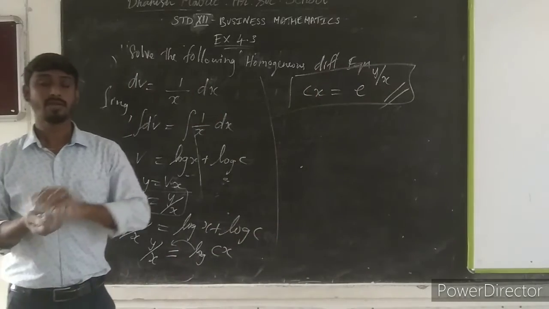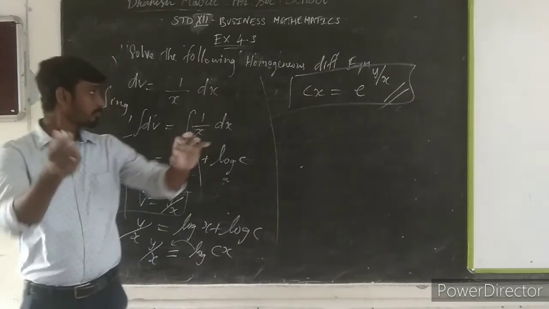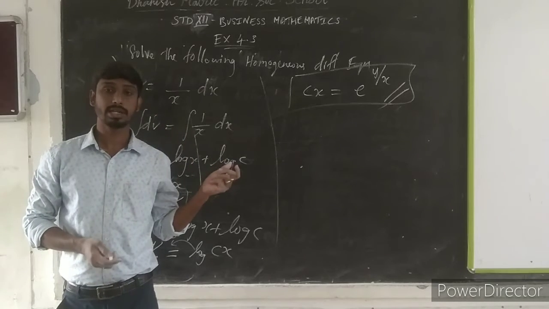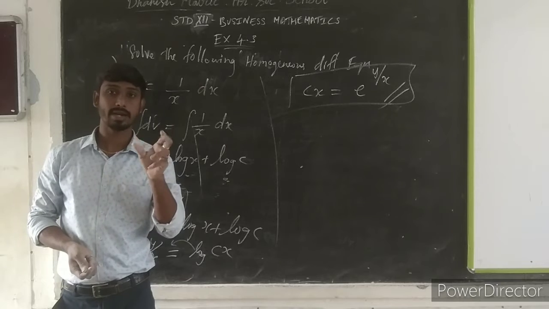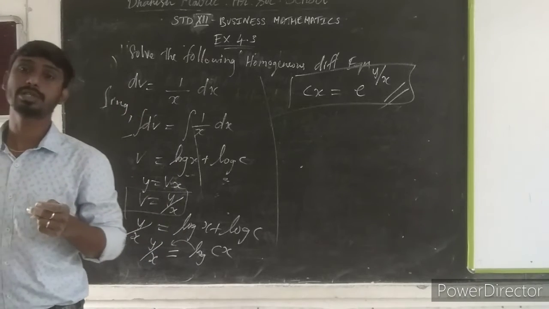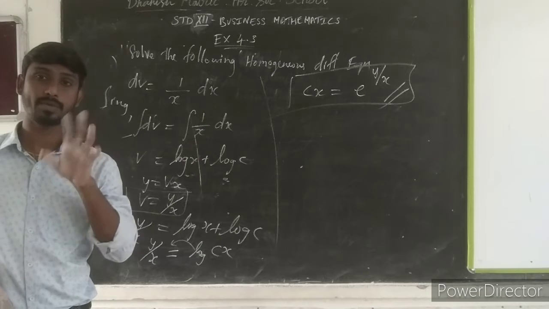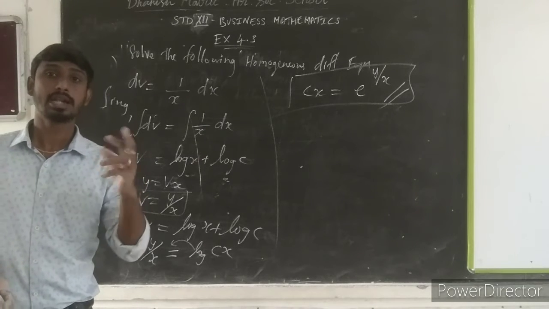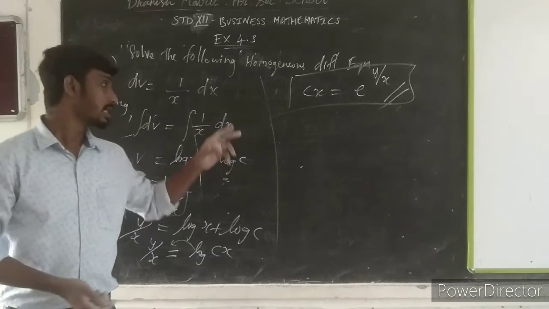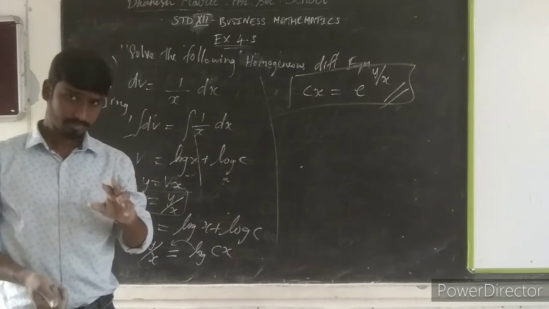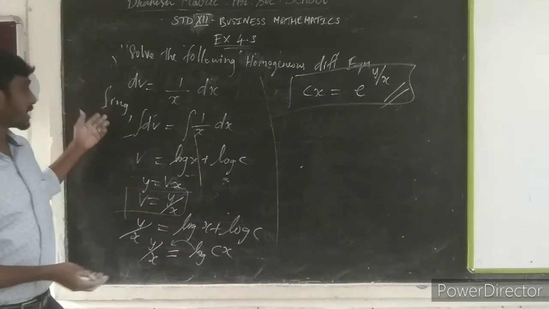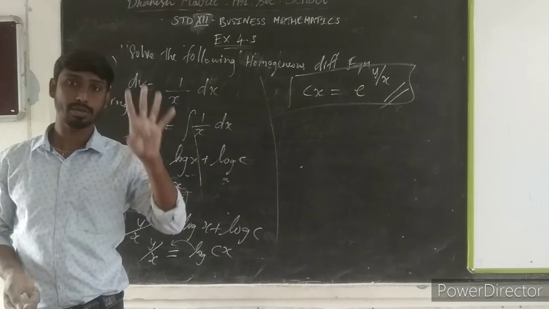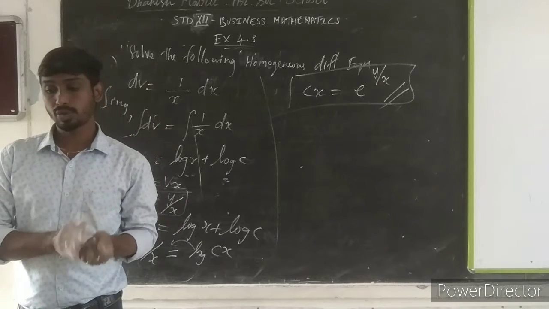Very simple one. First we are going to arrange the function as dy divided by dx here. Second, we are going to use the solving method of y is equal to vx. Now differentiate that one, so you are getting some dy divided by dx. Now equate the first equation and second equation. Then we are going to separate the variables. So finally we integrate on both sides. These 4 steps are used to solve these sums.